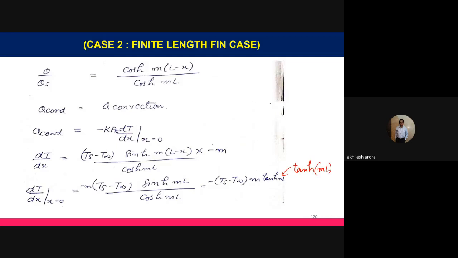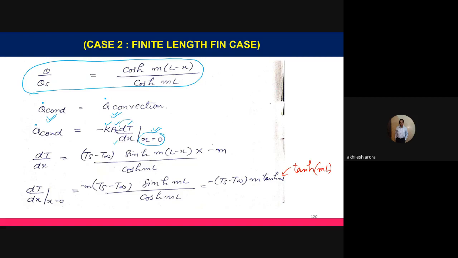Once again, after having calculated this value of temperature distribution, we want to calculate the value of Q conduction and Q convection. And we know that from energy balance, Q conduction is equal to Q convection. I can write the equation Q conduction is equal to minus kAc dT by dx at x is equal to 0, because it is at this point that only conduction is taking place. So I can calculate the value of conduction at that point very easily.